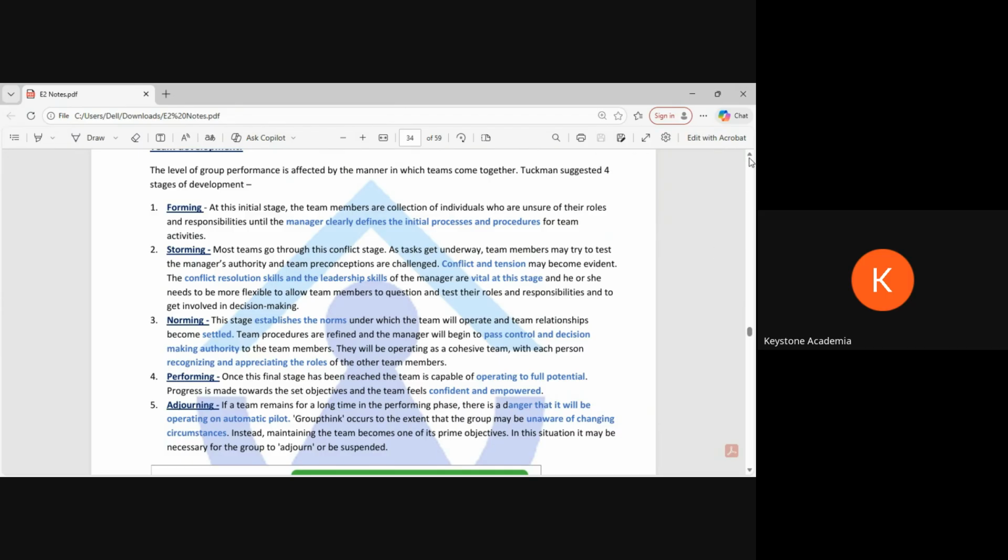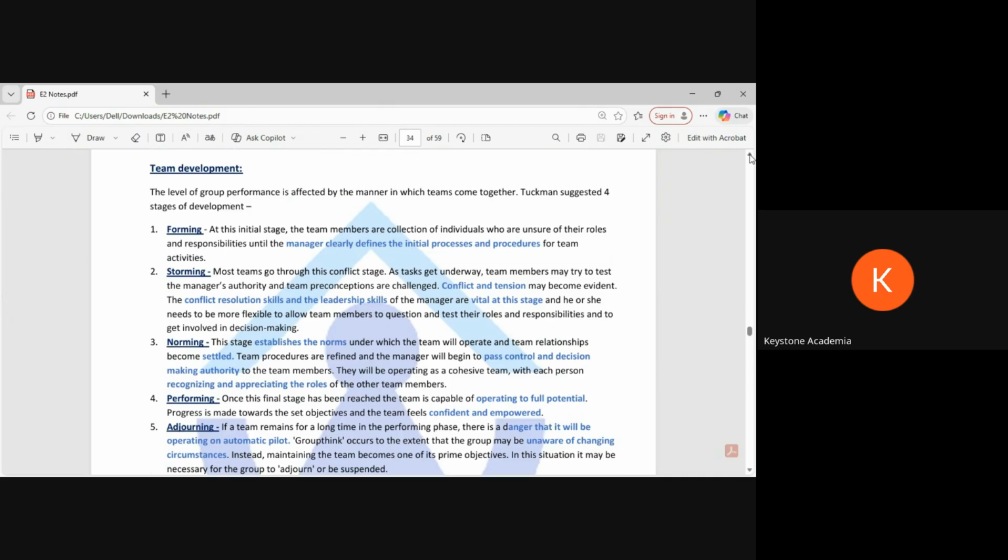So, what type of question can be asked from here? They will say that a company is trying to take a new project and you want to do team building. What are the steps we need to consider? So you can answer that question using these 5 paragraphs. Or if they ask you in team building which step you feel is the most difficult, then you can talk about storming.